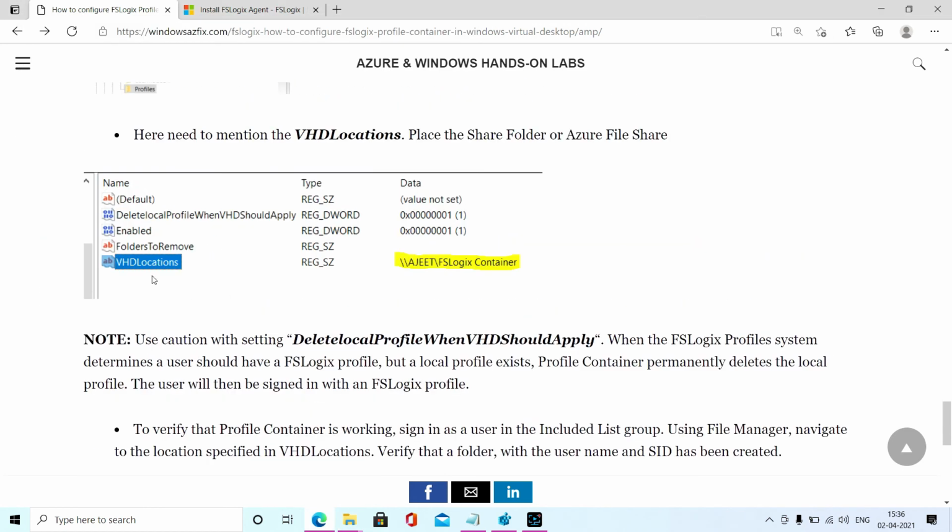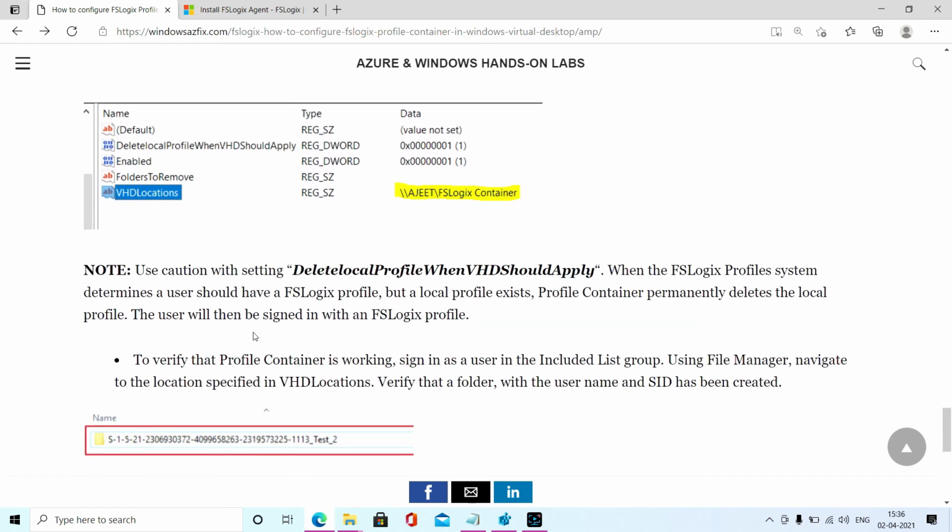As you can see here, one of the registry values available is DeleteLocalProfileWhenVHDShouldApply. So make sure that whenever you install FSLogix, no user has previously logged in, because whenever you install this FSLogix, all the profiles existing on that WVD will be deleted automatically.